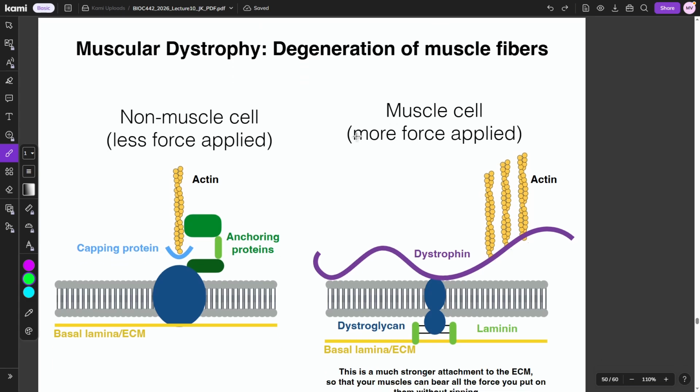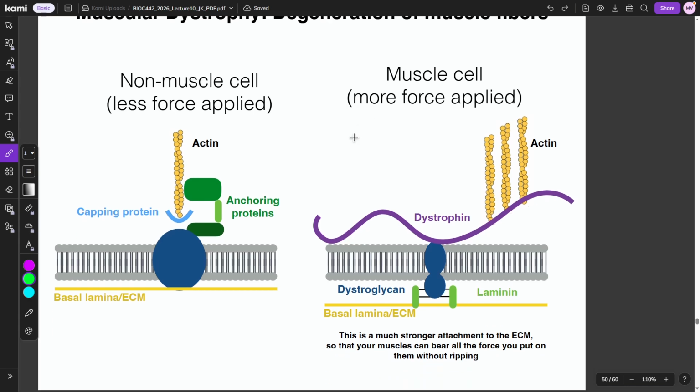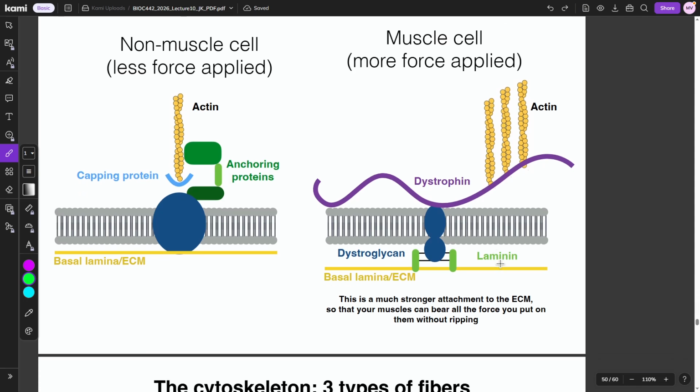So for cells that aren't muscle cells, normally this is what actin looks like. Attached to the membrane of any given cell, there's a capping protein, and there's some membrane proteins and anchoring proteins that stop the actin from degrading that much. And so then you have the actin here. And what makes this process very different in muscle cells is that instead of attaching the anchoring proteins and only having one actin polymer per capping protein, or per blue anchoring protein, basal lamina, if you will, instead what happens is